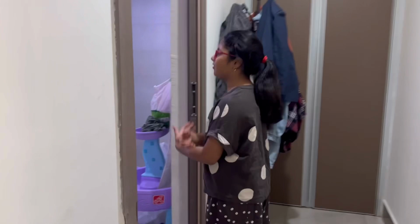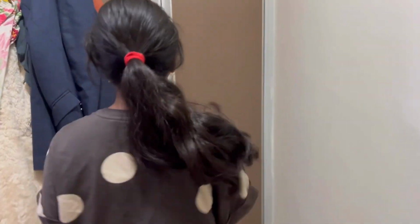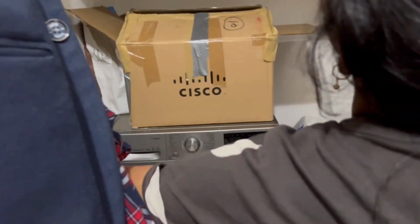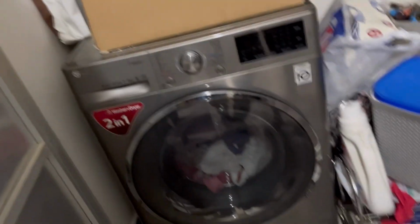So here we have the bathroom. Washroom. And this is our laundry area, laundry and some items, where we keep all my nice toys. And the wire, this is